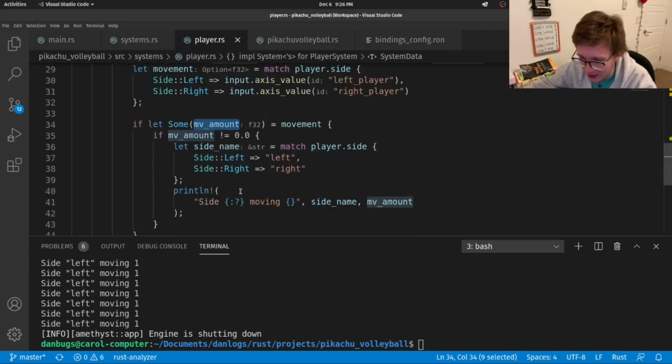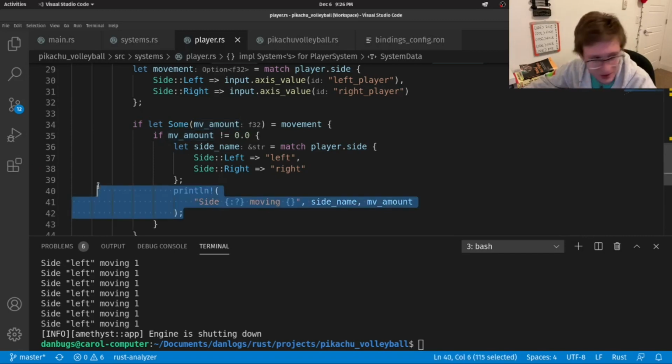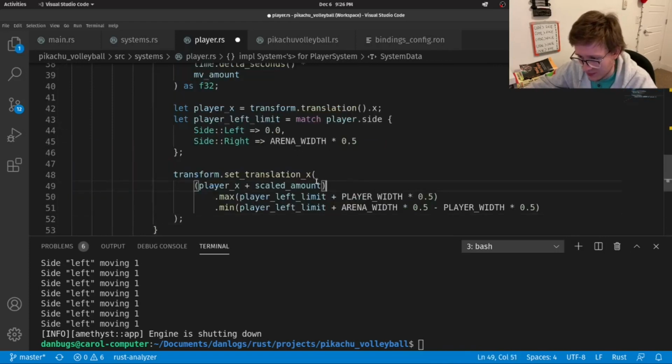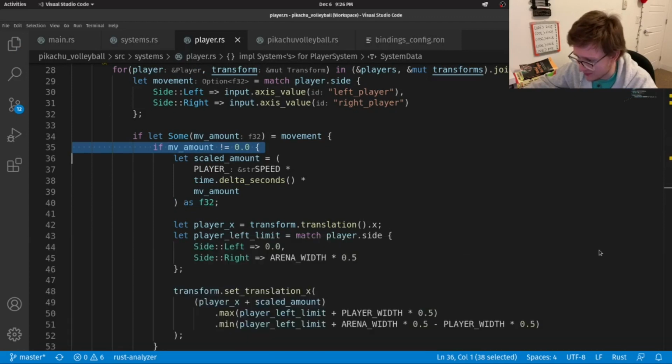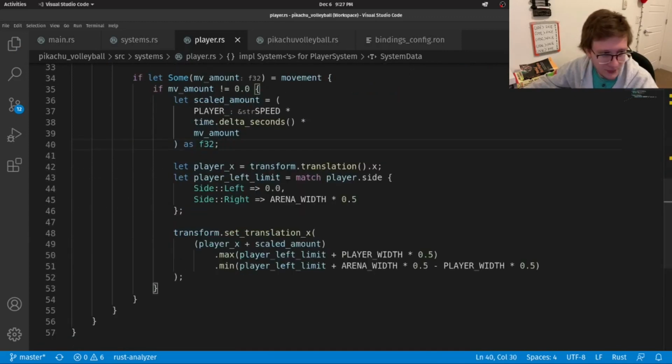Okay, so inside of our if let, let's replace it with this, because we're not really doing anything much. There. Not replacing the entire if let, I'm leaving the movement amount.